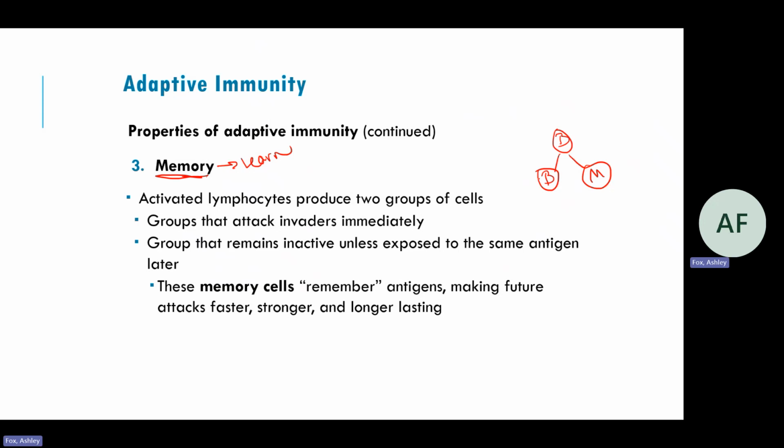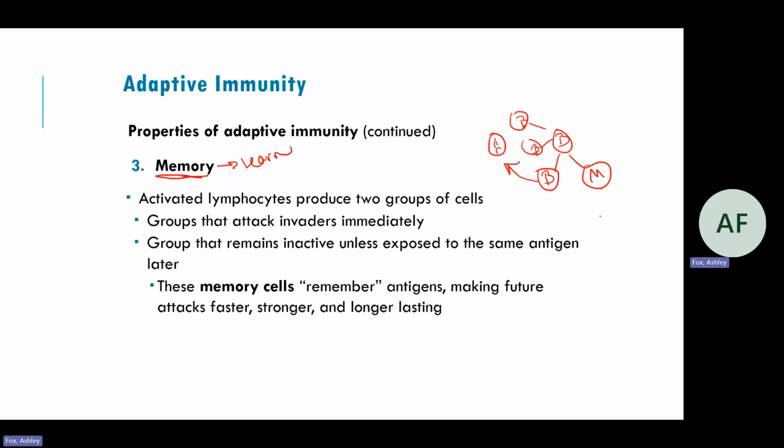These B cells are going to fight off the attack that's happening now. Some of them are going to be memory cells, and they are going to be around, so if you have the same antigen exposure later on, it's going to remember it,